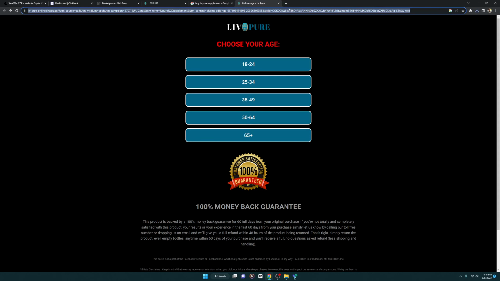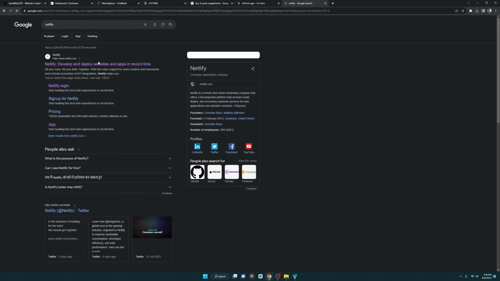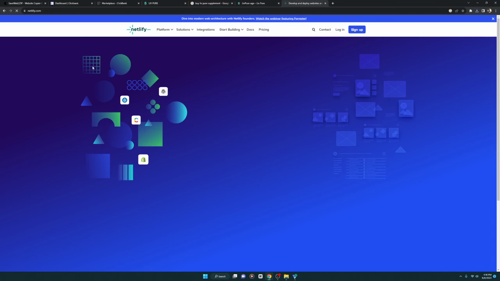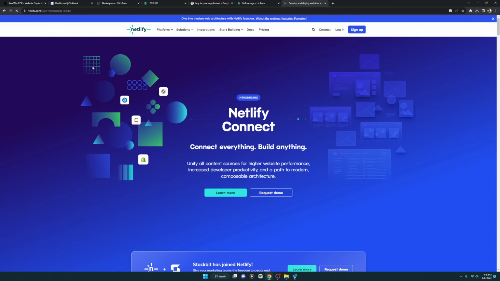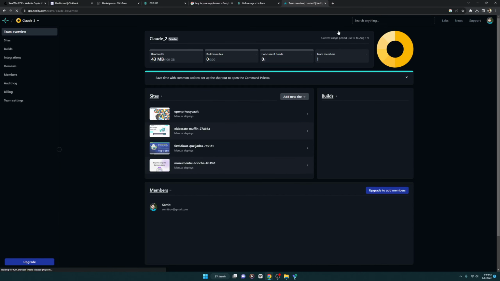Okay, now the next step, we are going to go for Netlify. This is the perfect platform where you can host your site statically. It's completely free. It's better than GitHub Pages, because I did my research on which is better, GitHub Pages or Netlify. It turned out that Netlify is better, because I've also used Netlify on my own and saw that it's very fast